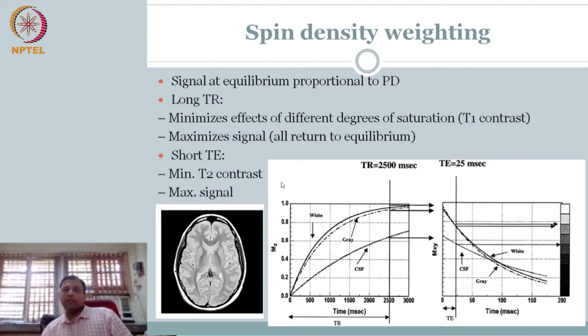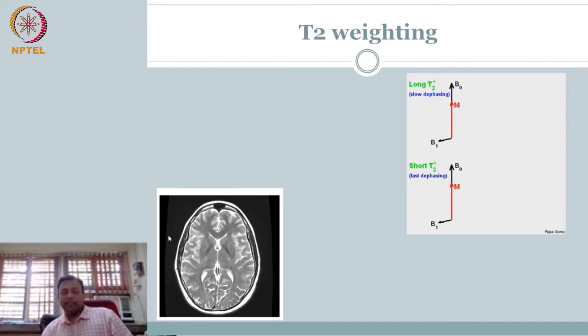So next we need to do T2 weighting. This is the T2 image. How do we get T2 weighting? Extending the same logic. If you have a feel for what we have covered so far, it should flow from there. So what is T2 weighting? T2 has to do with dephasing. After you push it to the floor, this is my signal. How it dephases, the time to dephase, is my signal. Of course, this is T2 star and T2. So this dephasing is T2.